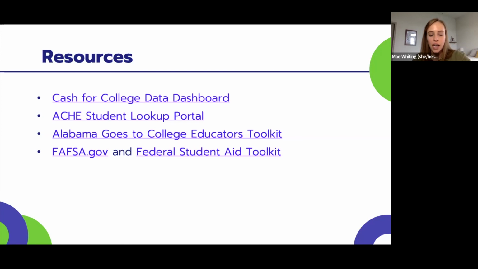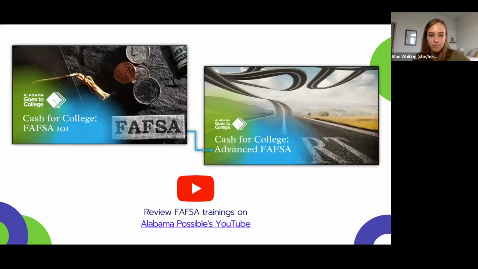This toolkit is housed on Google Drive, and all of our FAFSA-related resources can be found in the Cash for College subfolder of that toolkit. We also highly recommend FAFSA.gov, as well as Federal Student Aid's Financial Aid Toolkit. Those are both excellent sources of very rich and detailed information.